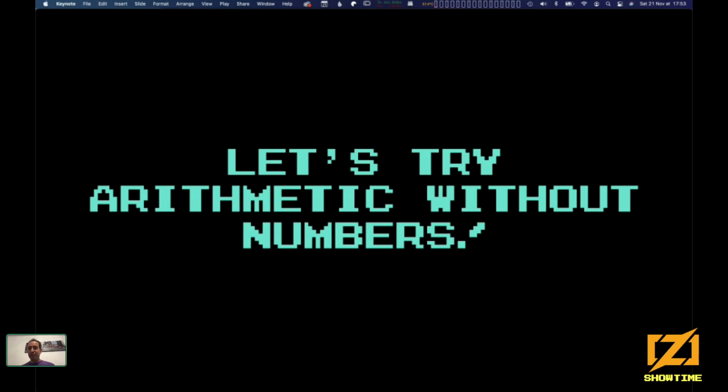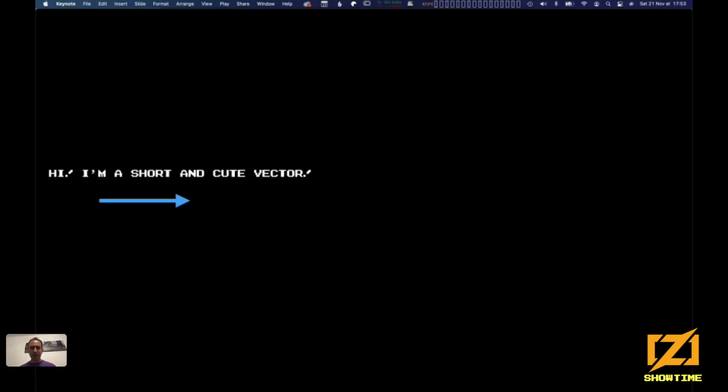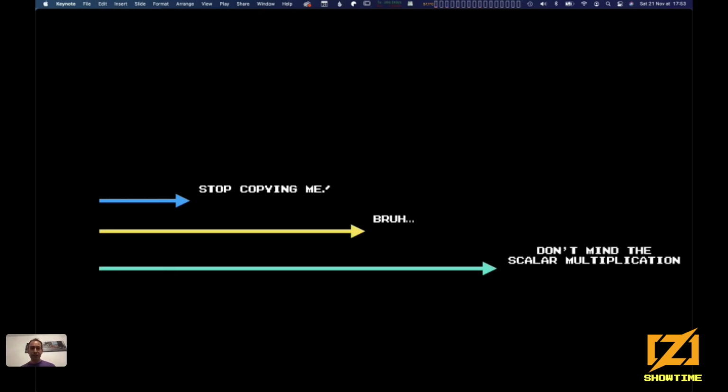But first, let's try to do arithmetic without numbers. We've been talking about numbers too much. So, no more numbers. And we are going to take a look at vectors. So, not vectors as in Zig, but just geometric vectors. Okay, so we have one short vector. And if we take this vector and we add it to itself a couple times, we can create other vectors. So once we have other vectors, we can add them together. We can subtract vectors. We can do some kind of computations using vectors.